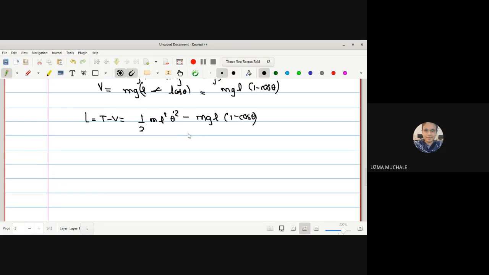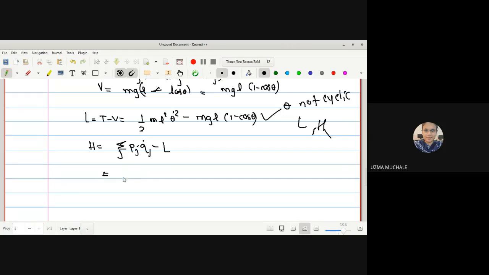Now what we have to do is find the Hamiltonian H. How is the Hamiltonian H defined? It is the summation over j of Pj Qj dot minus L. Now, as theta is present here, we could use either the Lagrangian or the Hamiltonian, because the Hamiltonian is useful when we have a cyclic coordinate. But here theta is present in L, so theta is not a cyclic coordinate. Still, we can use the Hamiltonian for cyclic as well as non-cyclic coordinates.